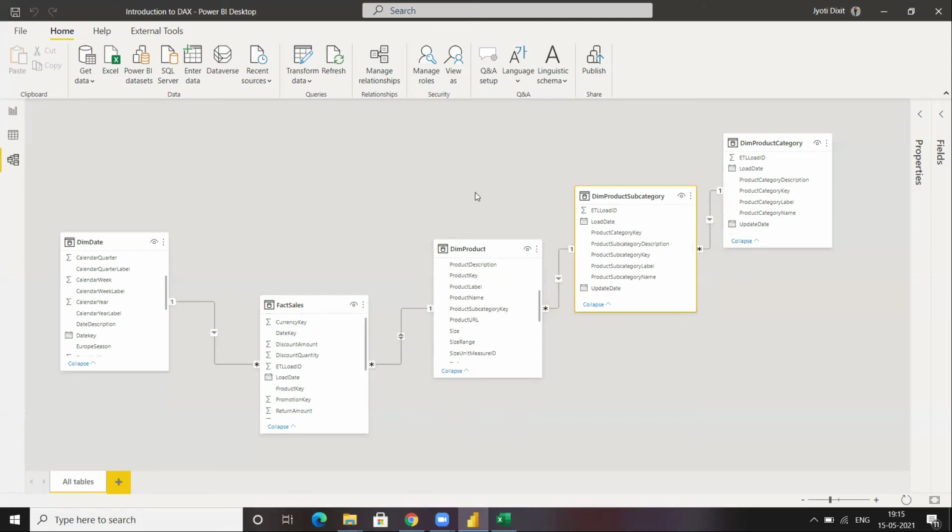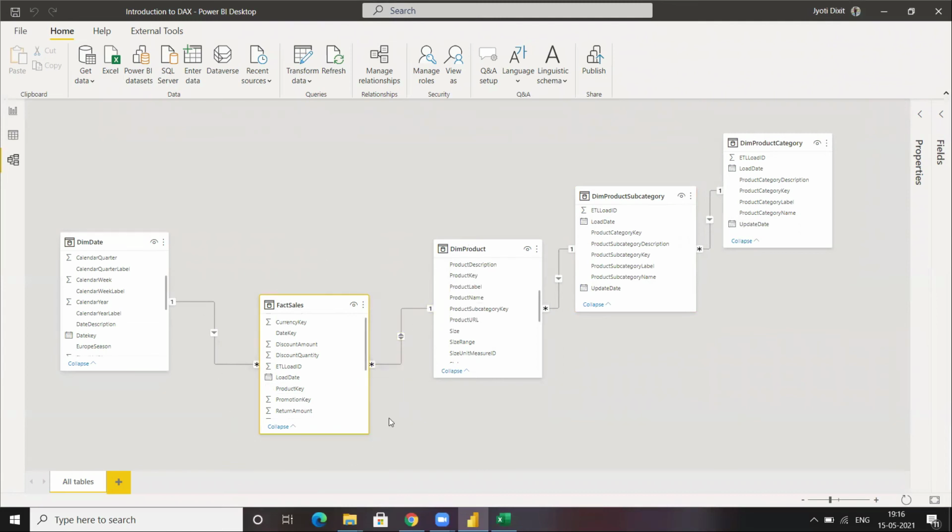Apple is a product, for example. I'm just talking from an e-commerce point of view, and therefore Apple is a product, banana becomes a product in their eyes, and mango becomes a product. So one category has many products, and therefore there is a star corresponding to dim product and one side corresponding to dim product subcategory. Now, if I talk about fact sales, then there may be many transactions corresponding to one single product. One single product can have many transactions.